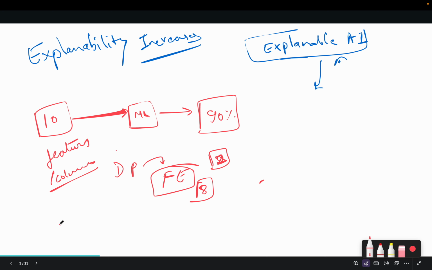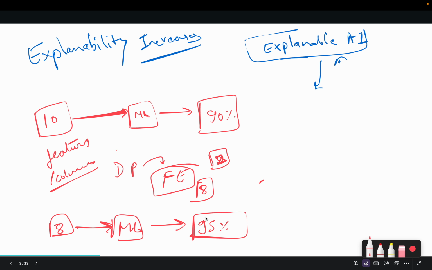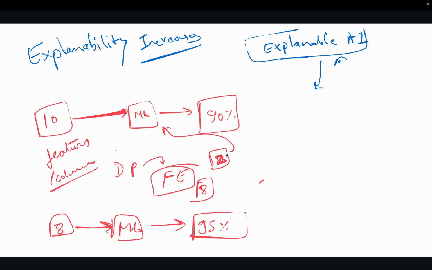Now you have 8 features for the same machine learning model, and your accuracy boosts up to 95% just by removing 2 features, because they were not important for your model and were not correlated either. And where did you get that from? You get that from this heat map,